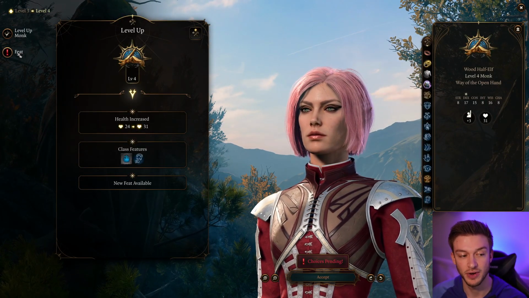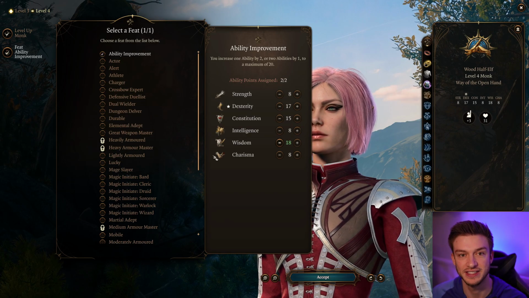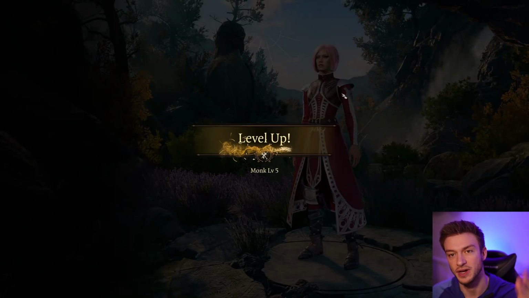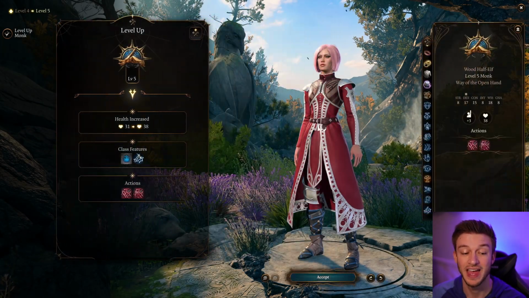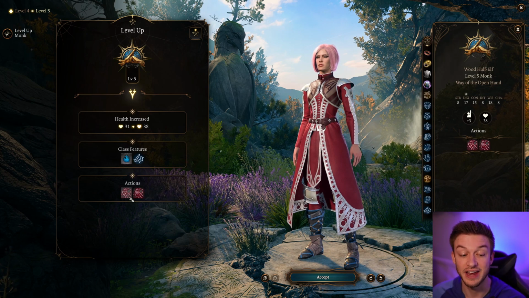So we get another chi point here, we get our first feat. With that, we're going to take our wisdom up to 18. Wisdom is really our main stat. Every 2 points of wisdom, we're going to get another armor class, which makes it a lot easier to survive. At level 5 here, we do get the extra attack, so now we're able to attack a lot more frequently,